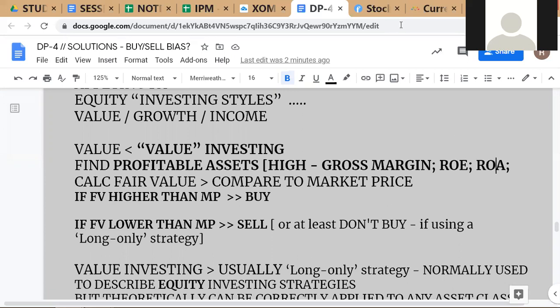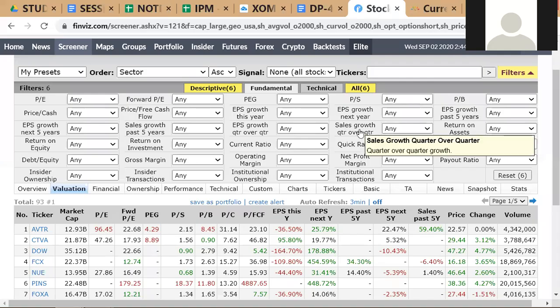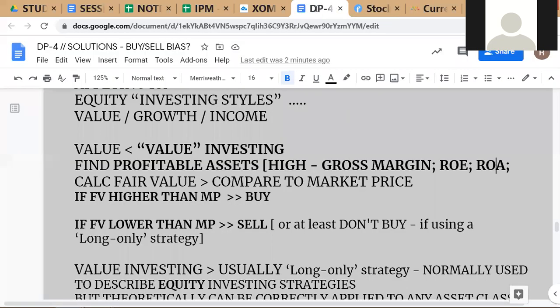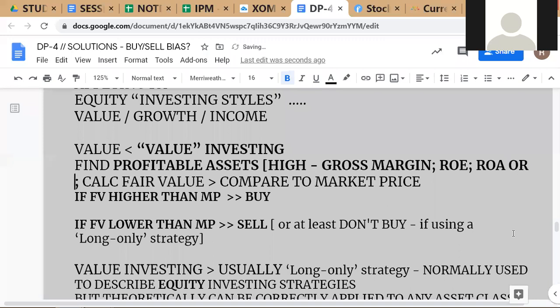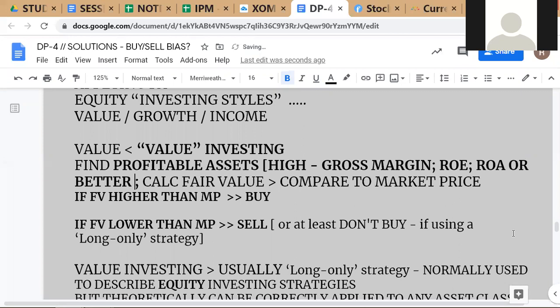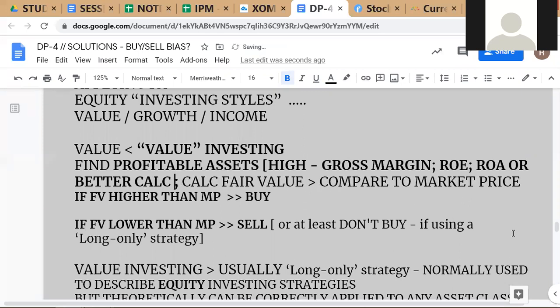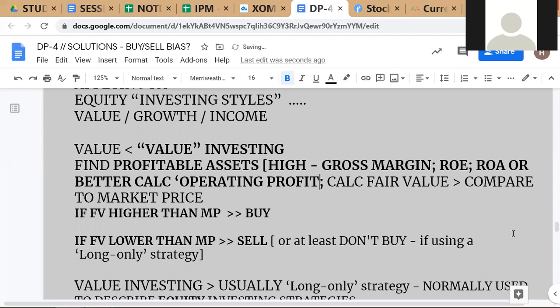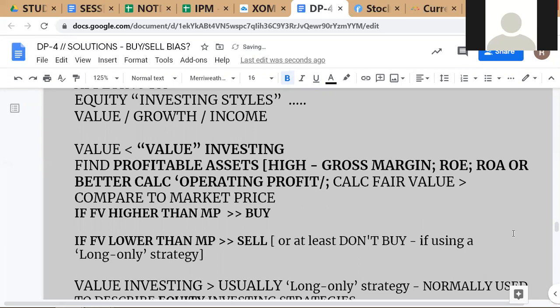Now, I'm not a fan of the traditional measure of ROA, which you find here, which is earnings divided by total assets. I think the right way to calculate this ratio is to be like for like. You should actually look at, or better, what I'm trying to write here is operating profit divided by total assets, because